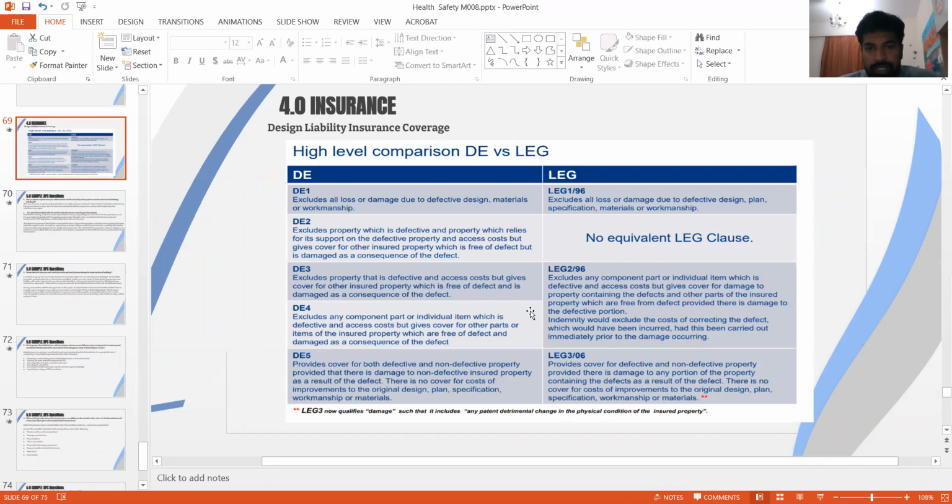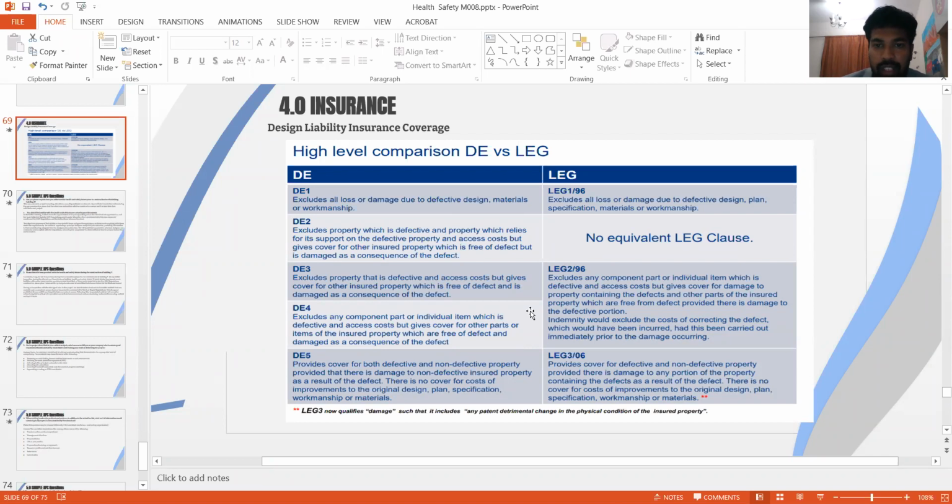DE, simply as I said, there are reinsurance companies and they defined and designed insurance coverage. They came up with LEG standard, LEG 1, LEG 2, LEG 3, and everyone in the industry understood this. LEG 3 is the highest standard in terms of coverage. You will have cover for defective design, and also non-defective, if it causes damage to the non-defective portions. So DE1, 2, 3, 4, 5. DE5 is a similar range, similar to LEG 3, but